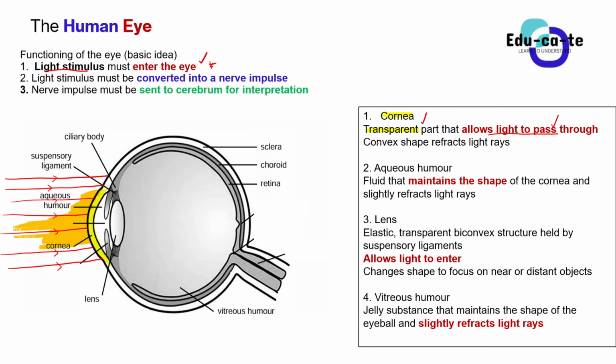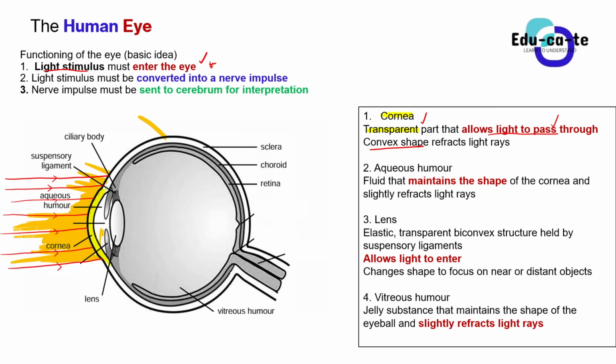And then the cornea has got a convex shape. So the shape of the cornea, this roundish shape that you can see here, is known as a convex shape. This shape is very significant in the cornea's function, because this shape actually causes the cornea to bend light rays. You can see that the light rays are many. There's a lot of light in the outside environment. There's a lot of light that is trying to enter your eye, but the light won't be able to enter on this other side. It's because the sclera, remember, is tough. It's a white layer, but because the cornea is transparent, it allows the light to enter.